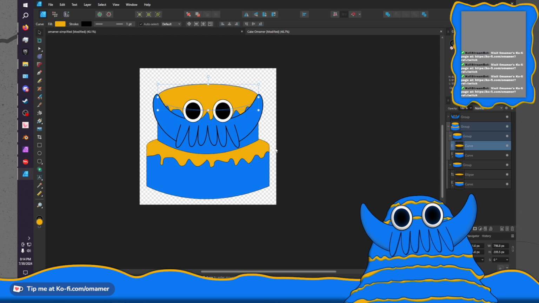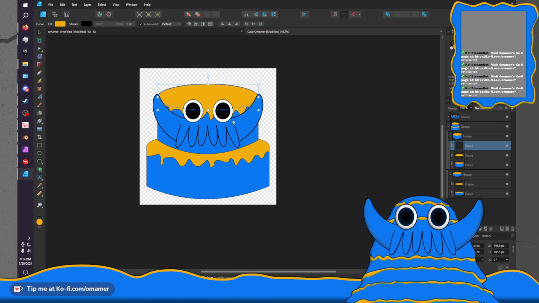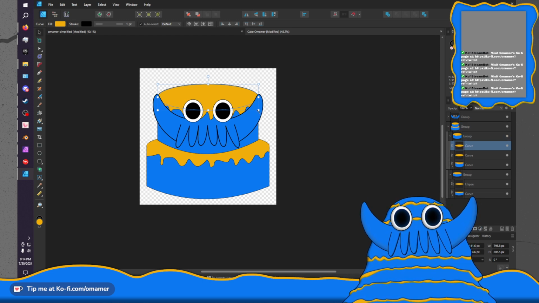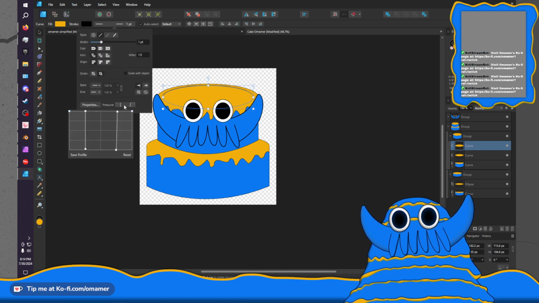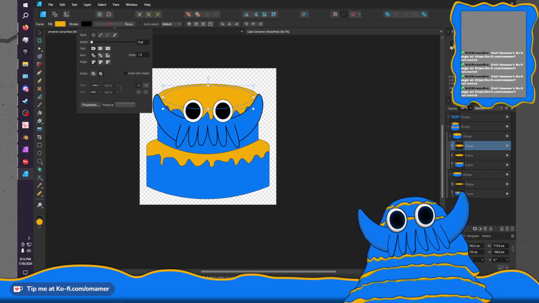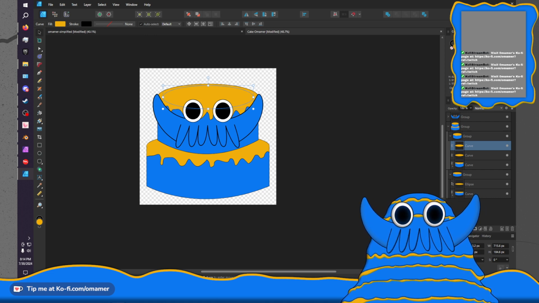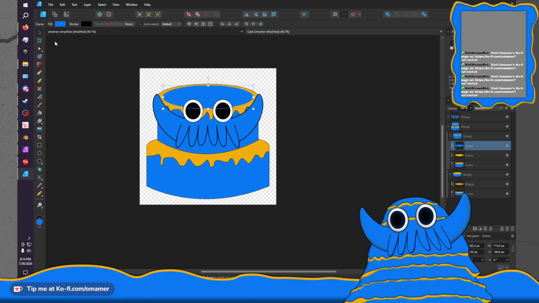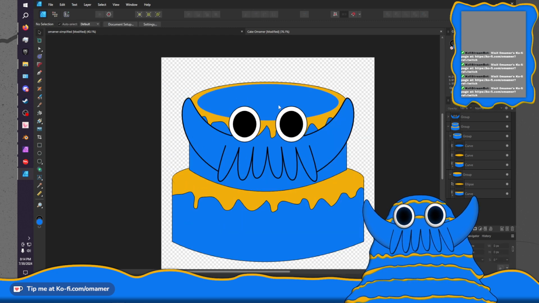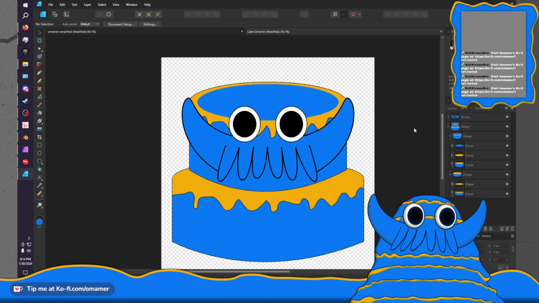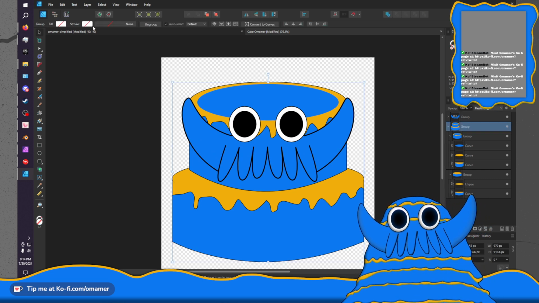It's gotta be this one. No stroke for you, and your fill color is going to be this. Actually, you know what? Just that by itself, not terrible.